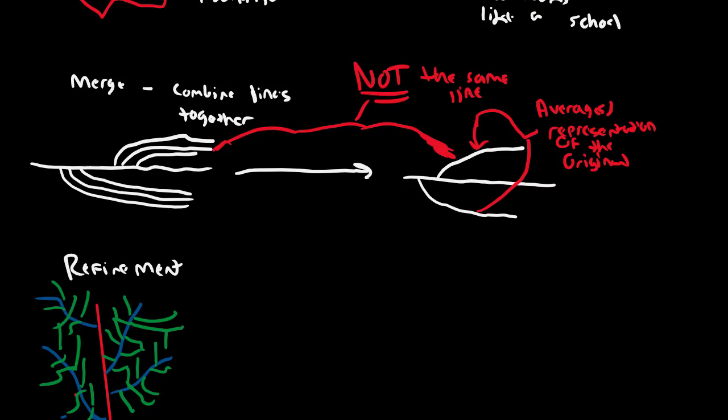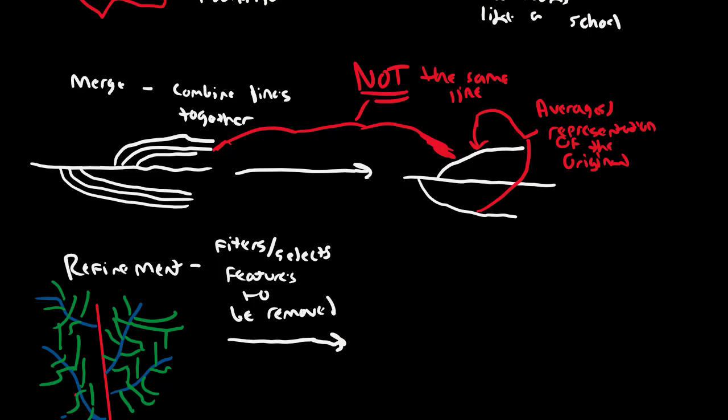Now you can imagine if we zoom out to a smaller scale, these green lines would just become a mess. So what refinement does is rather than combine lines together, it filters or selects features to be removed. Hopefully everybody's familiar with the idea of select by attribute. And so when we zoom out, when we go to a smaller scale, we would maybe keep the red lines and the blue lines,